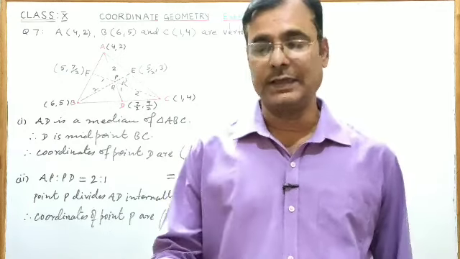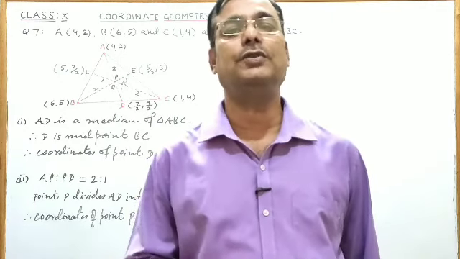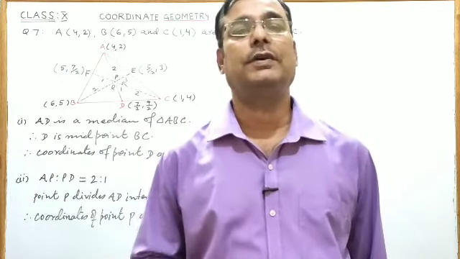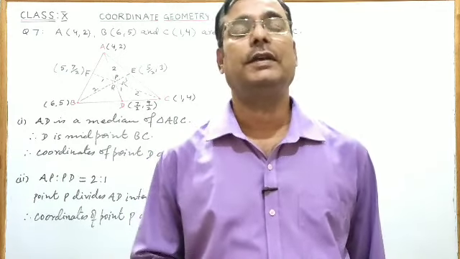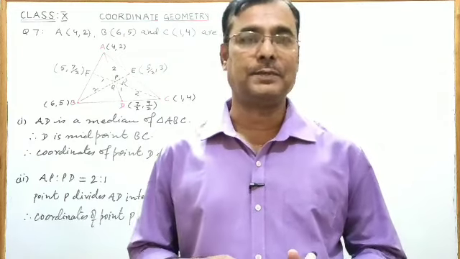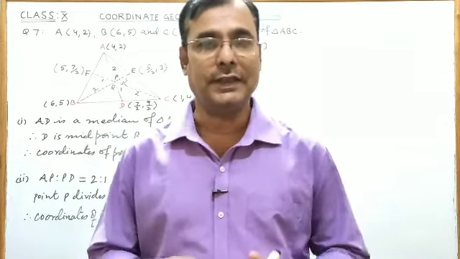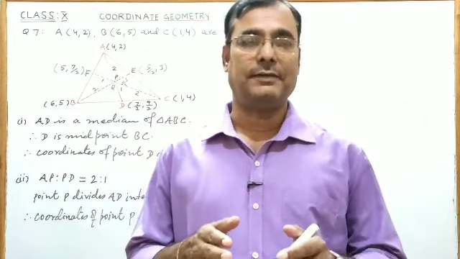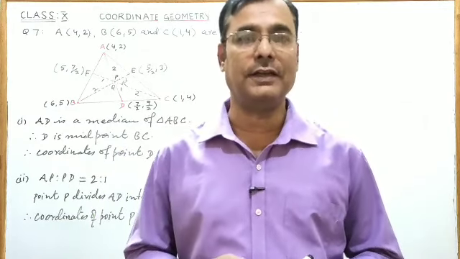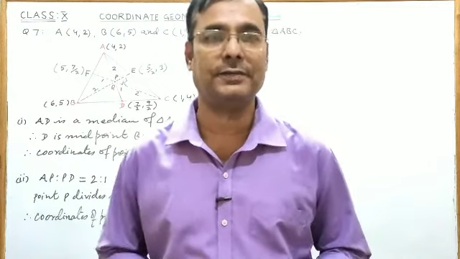In the second and third part, points P, Q and R actually coincide at the point (11 by 3, 11 by 3), and in fact points P, Q and R are the same point. This point of concurrence of three medians of a triangle is known as the centroid of the triangle.